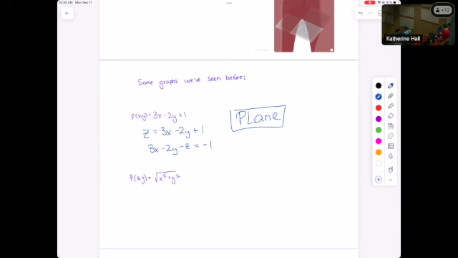And how about the next one? All right, so before I thought about planes as sort of this equation. Now I'm thinking about planes as just a function of x and y. I can take either perspective there. The next one is